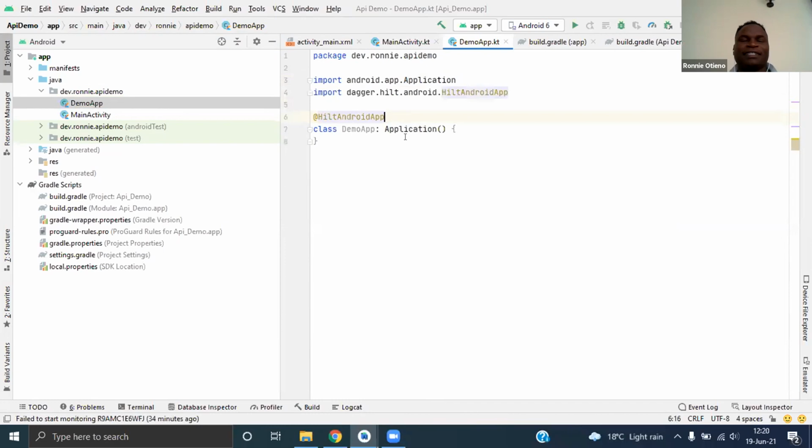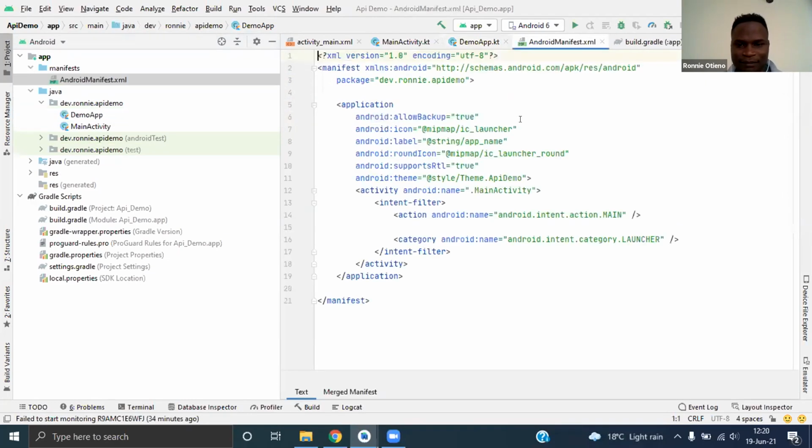So here we'll tell it that it needs to inject and provide everything that we need in the application. And we just go to the manifest and add it at the name.